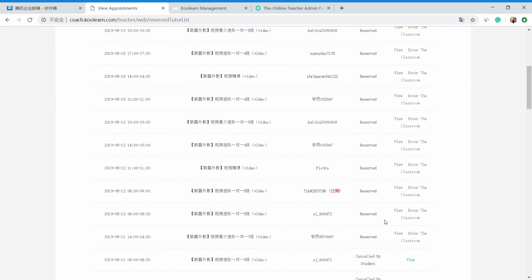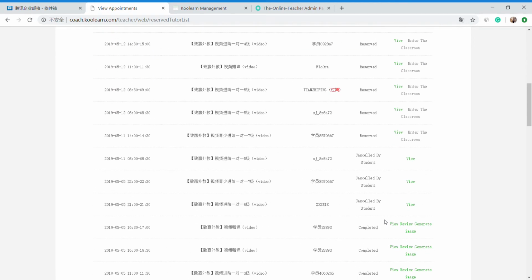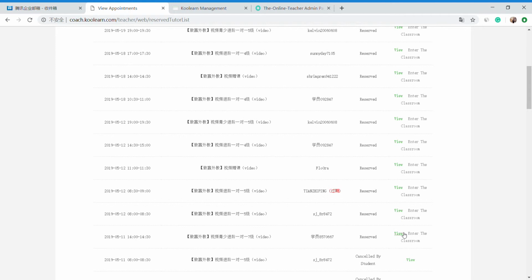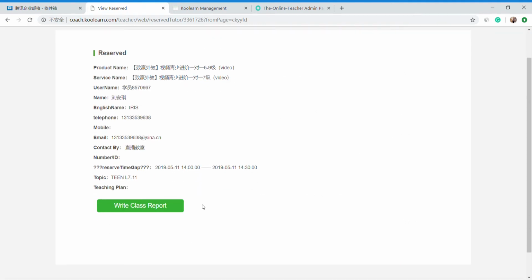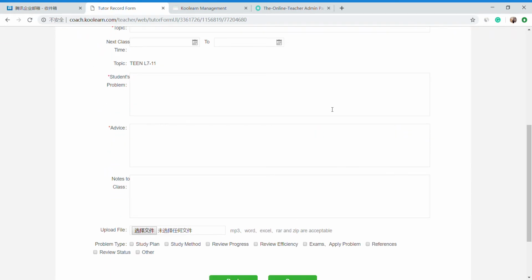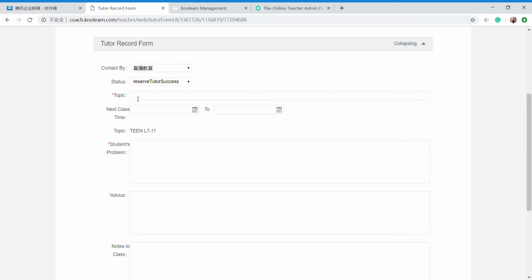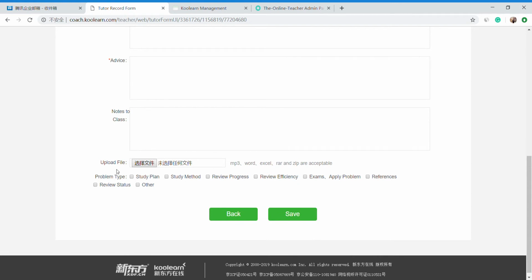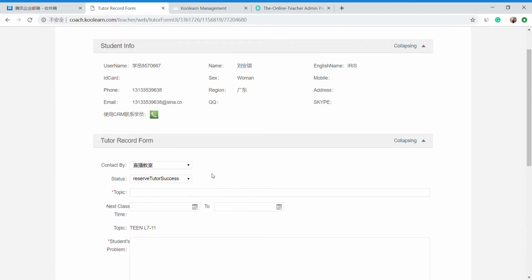Because this teacher has already finished all her reports, I'm just going to show you simply how to find the submit function. You just click view here underneath operation, and then you can click on write class report, and then put in topic, student problem, advice, and then you can attach any file that you think is useful and then click save, and it will automatically be submitted